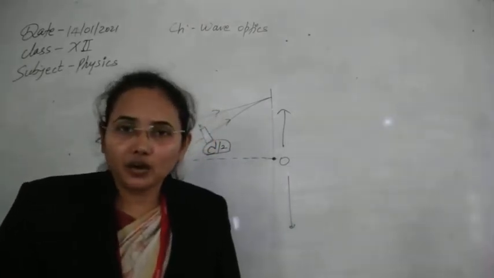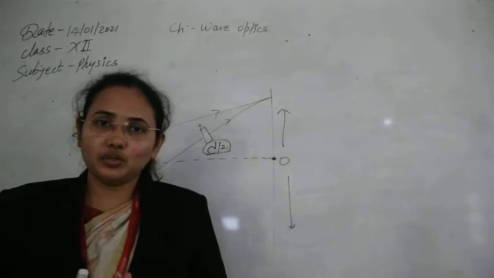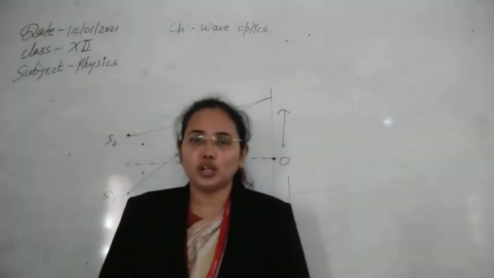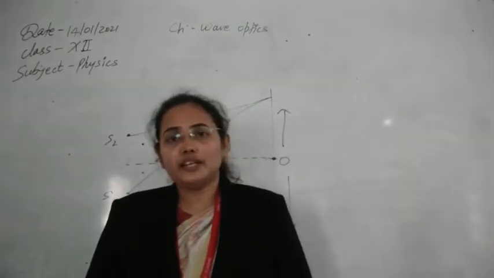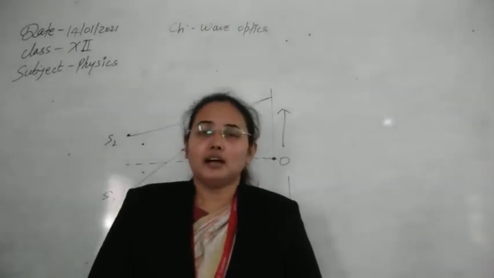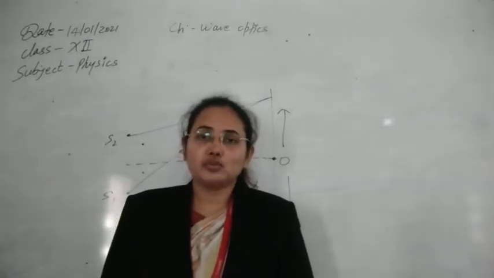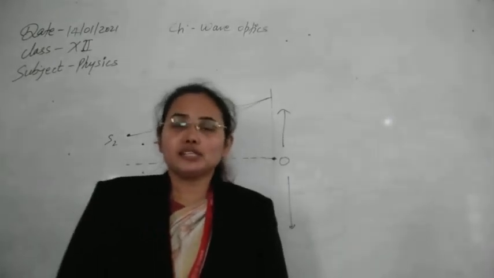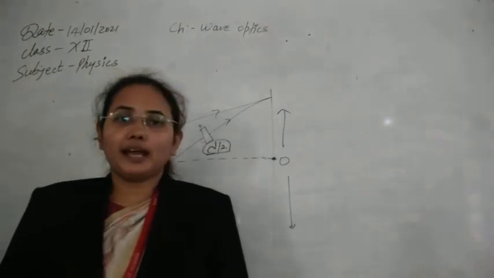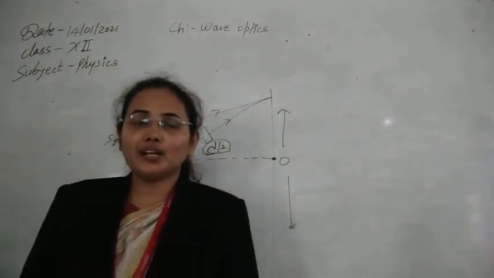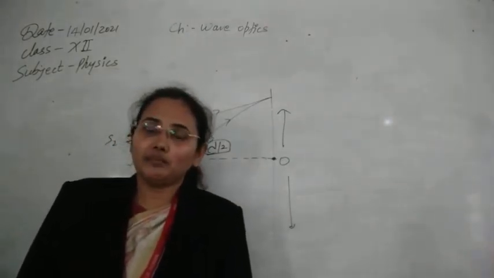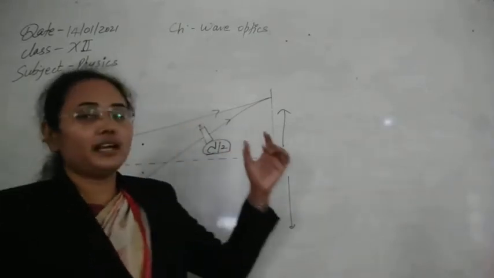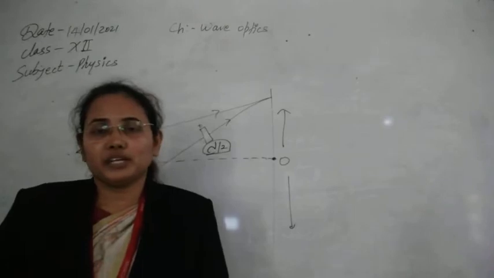So in one word, the whole concept that I have just told you, if I have to summarize, is that the diffraction of light is also an interference phenomenon, in that one of the waves has to suffer additional path difference due to the presence of an obstacle. So any interference phenomenon can be converted into a diffraction phenomenon by just adding some obstacle in the path of any one wave. So we can convert it easily.